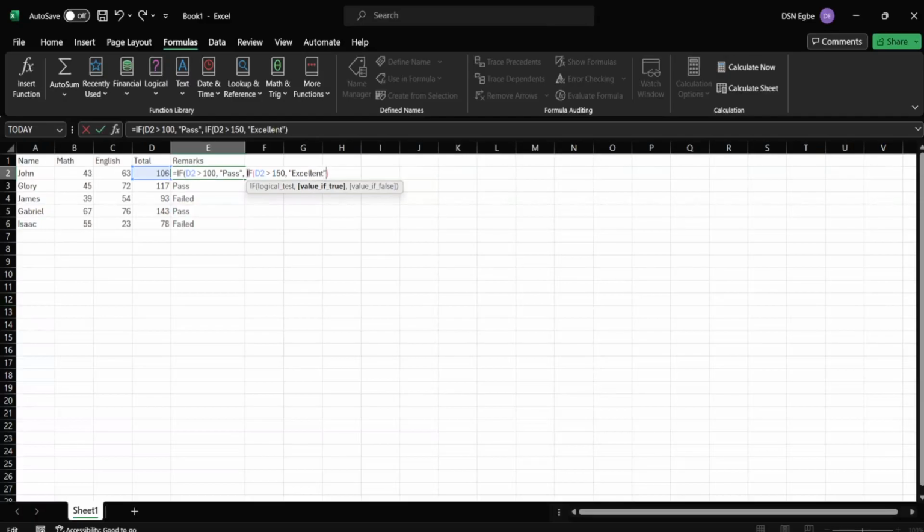But then if it is not, I'll say if it's not greater than 150, let me say, is my logic right? I'll say if it's not greater than 150, I cannot say failed, right? If it's not greater than 150, one condition is already there. So this is if it's greater than 100, you say pass. And if it's greater than 150, I'll say excellent. But if it is not greater than 100 and not greater than 150, I can just say failed,